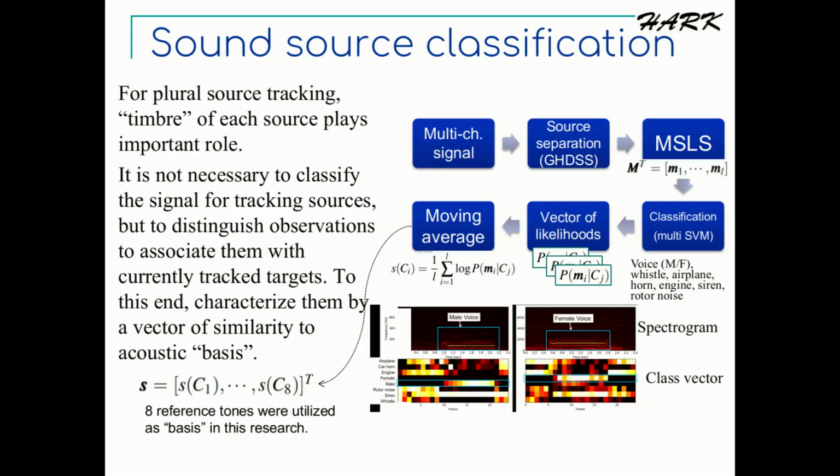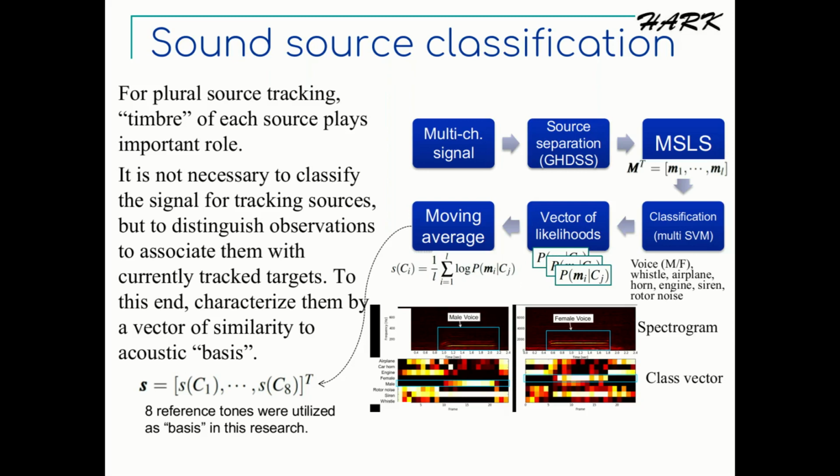The algorithm shown in the previous slide has been extended to handle more general cases. In order to track sound sources in the field, it is not easy to know what kind of sources exist there beforehand. So we cannot train the classifier to specify the type of the sources, but that is not really required for sound source tracking. Instead, what is important for the system is to associate the given observation against the currently tracked sources. To achieve this, the similarity of the signals between the tracked target signals and the current observation is introduced.